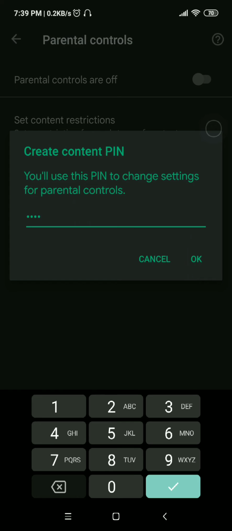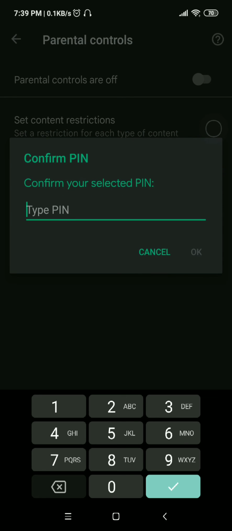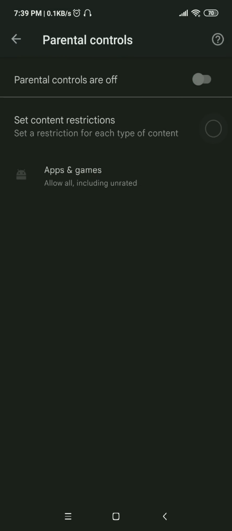Make sure that it's a series of numbers that your children won't be able to guess easily, like your mobile number or date of birth. So don't forget that, and click onto that. Okay, and confirm again. Okay,